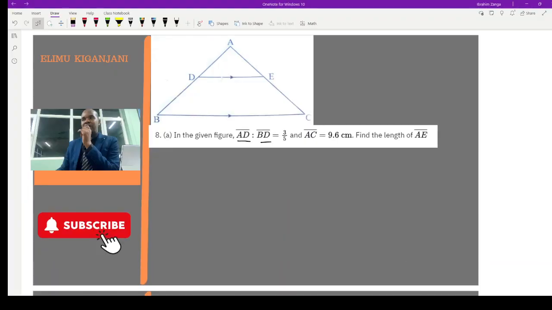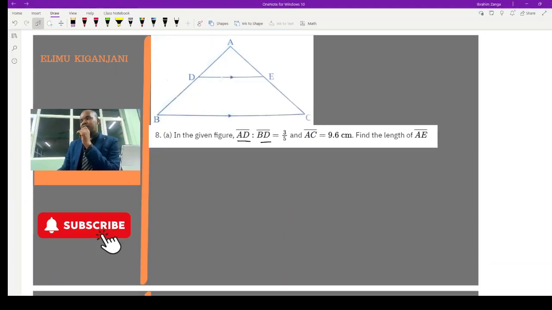Today we are going to dive into 3 questions of the Form 2 National Assessment in NECTA 2023. If it is your first time to be here, kindly navigate to the channel to see how we solved the previous questions, question number 1 up to question number 7. So let us dive now into the questions.